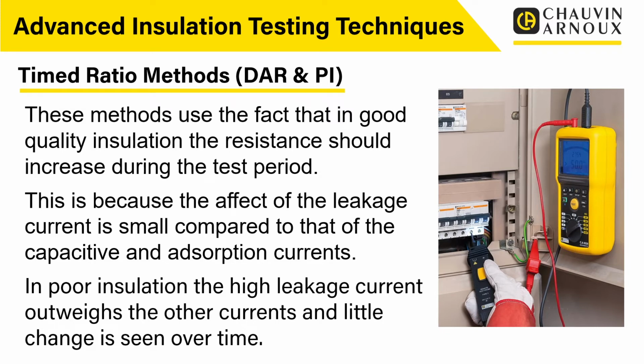So by actually carrying out this ratio test, we're actually using the fact that if we've got a small leakage current, then we should see a greater effect of the capacitive and absorption currents. Whereas if we've got a high leakage current, so in which case poor insulation, then we won't see much of